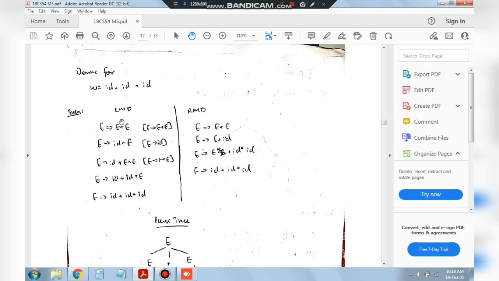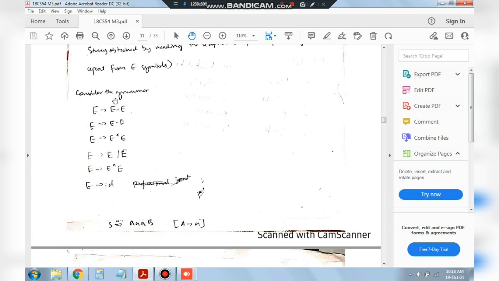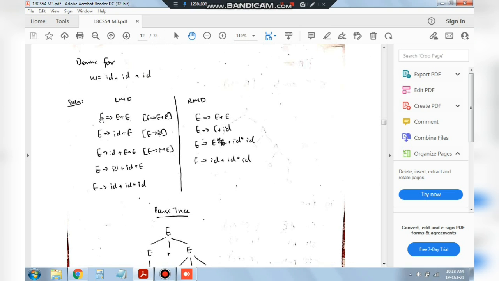Okay. So leftmost derivation will start from the left. The left part means we'll write first E is equal to E plus E. Why have we written E plus E? As you can observe here in the left part, what you can see is ID plus ID. So we'll start from E plus E. Okay. After writing that, what is the left part of this string here? The left part of this string is E. We need ID. So E will be substituted as ID. Okay. By using these rules, we'll be following these rules only. So we'll write there ID, and then we'll move on to the right part.